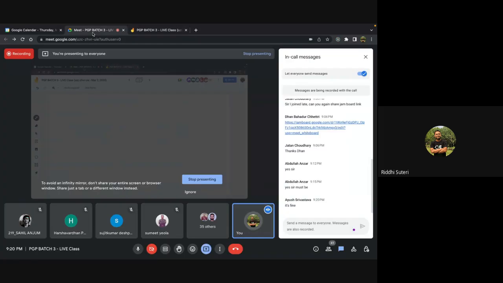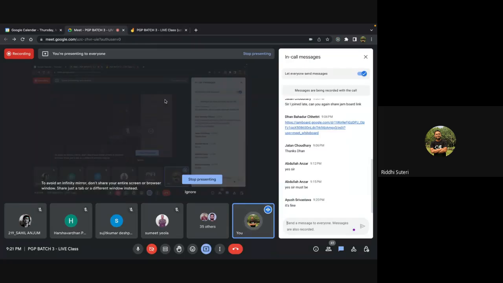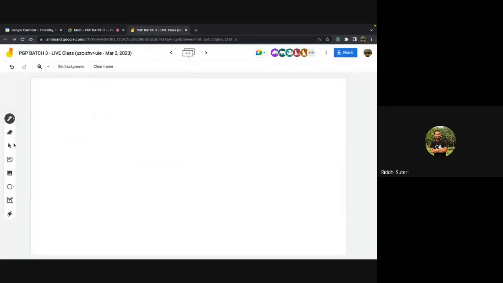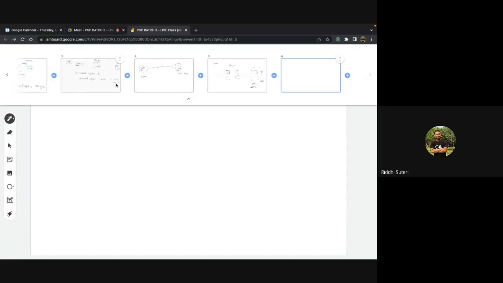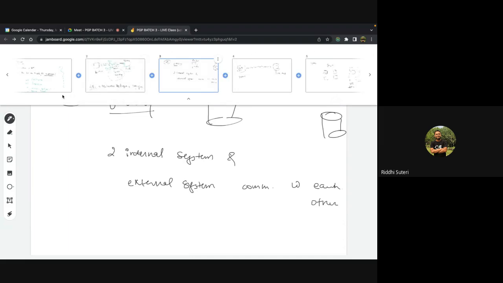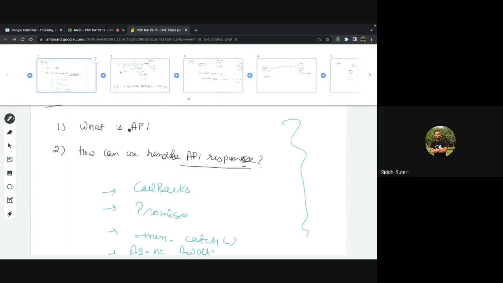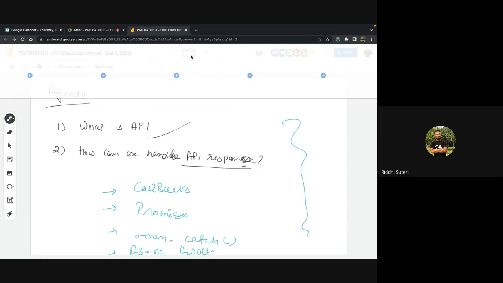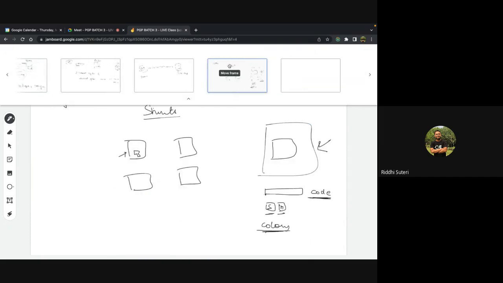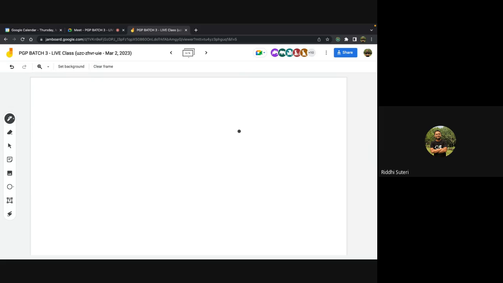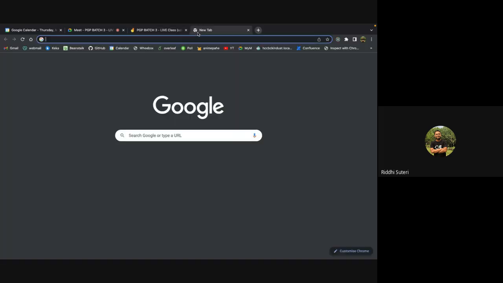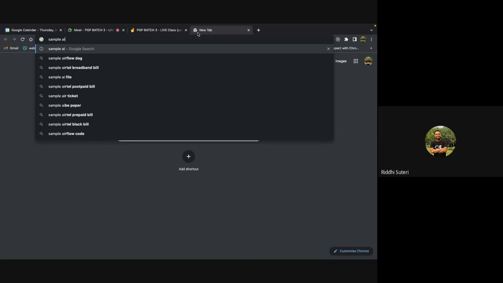So yeah, let's start with the basic coding stuff also. We might have gotten a very brief idea about this, so it's time that we also see it in action. Yeah, so we have discussed what an API is and why we use APIs. Now, in order to work with an API, let me give you one simple example. Let me write sample API,